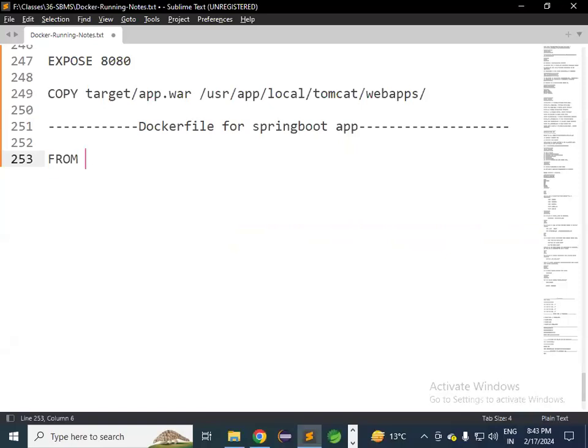Embedded server. So for the Spring Boot, we will specify only Java. Only Java is sufficient for my Spring Boot. Next one, guys. See here, I'm going to write